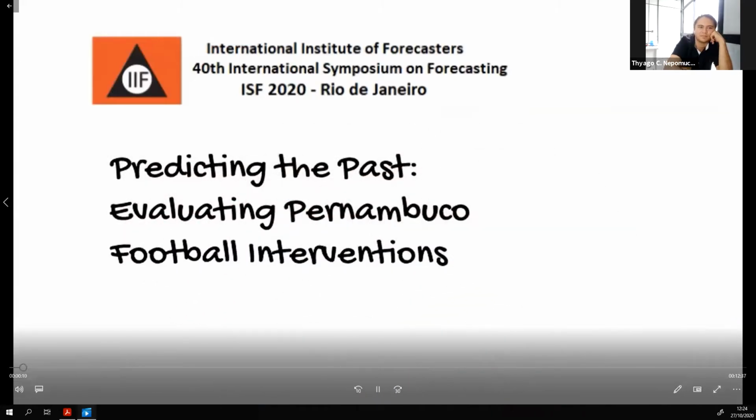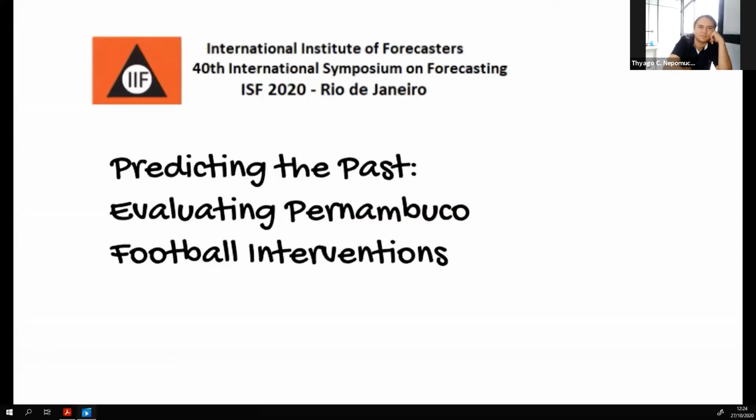About one of the most recurrent issues in Brazil, which is the violence of football supporters, traditionally called hooliganism. In Brazil, especially Pernambuco, imposed two important public interventions about this issue. One was a ban on alcohol intake during official matches, official events, sports events, and the other was a ban on the torcidas organizadas, which is the football firms or football fan bases responsible for most of the violent occurrences